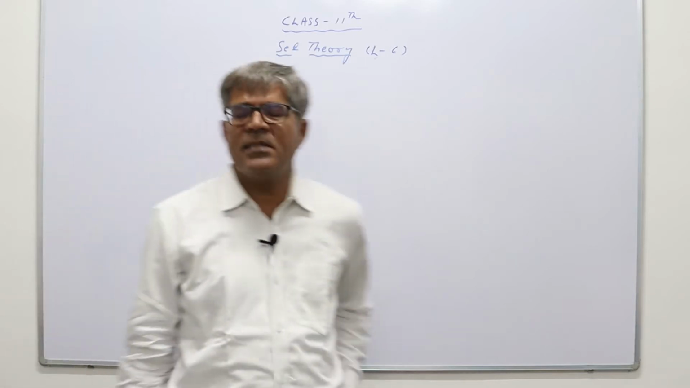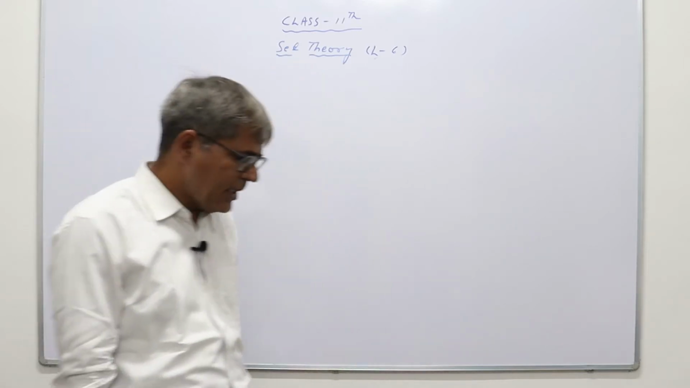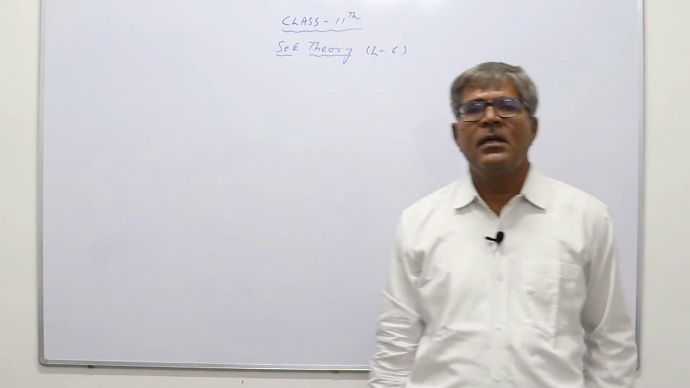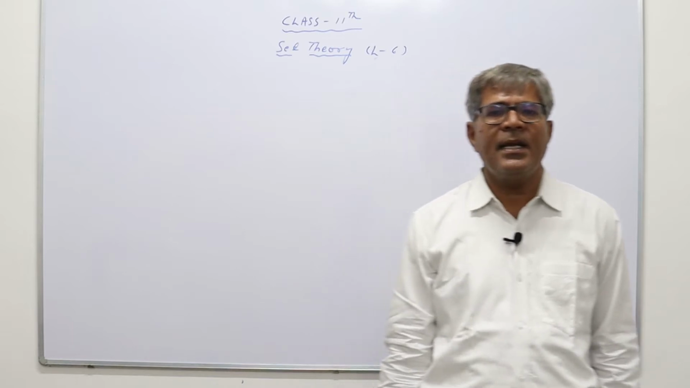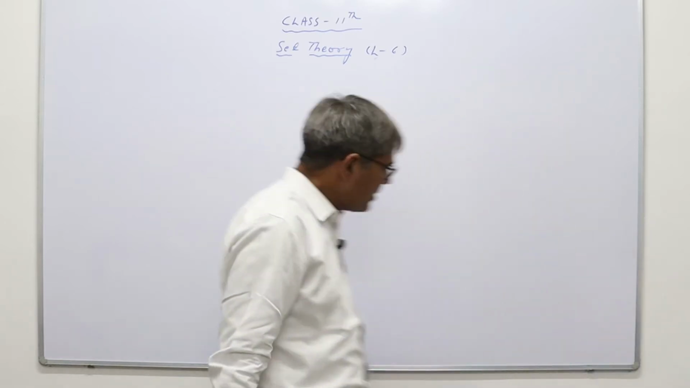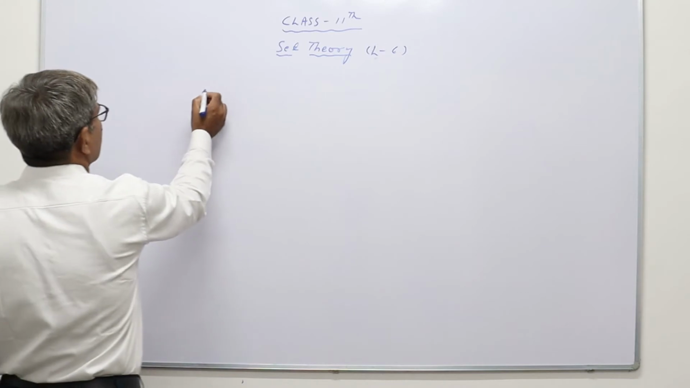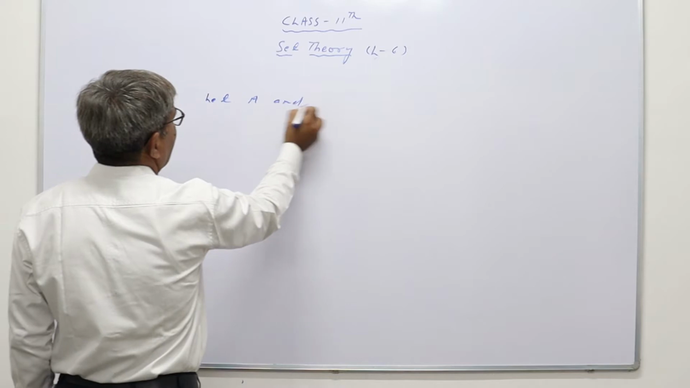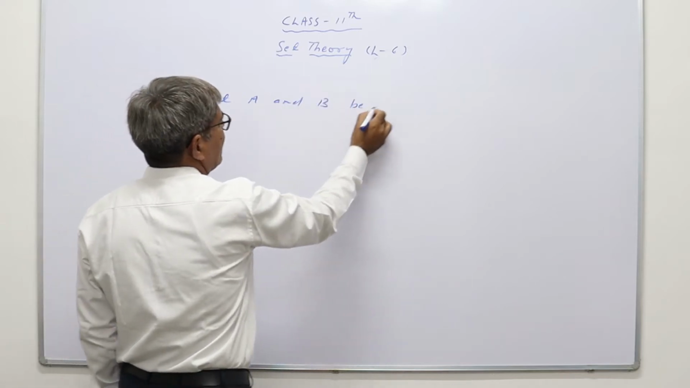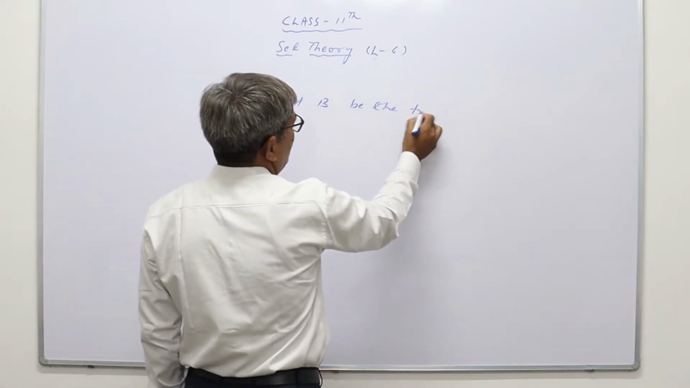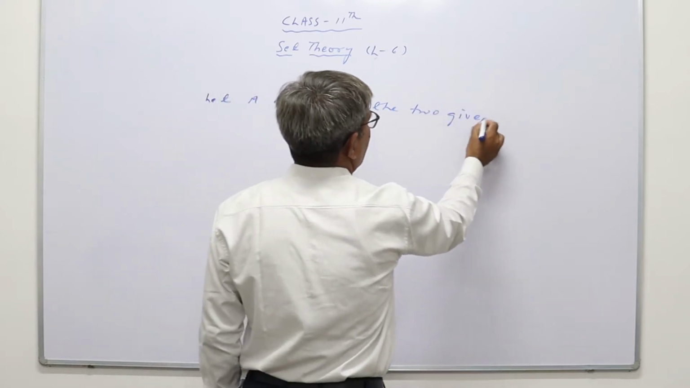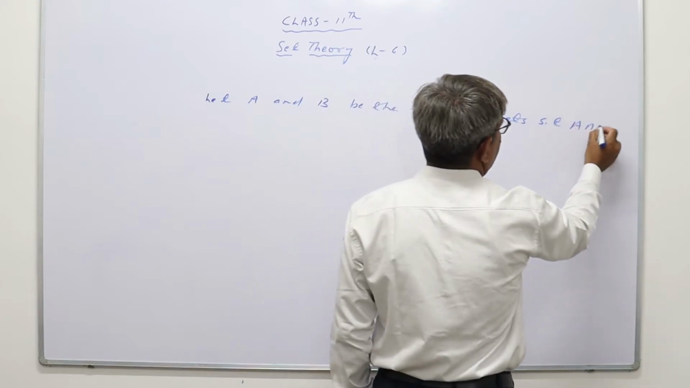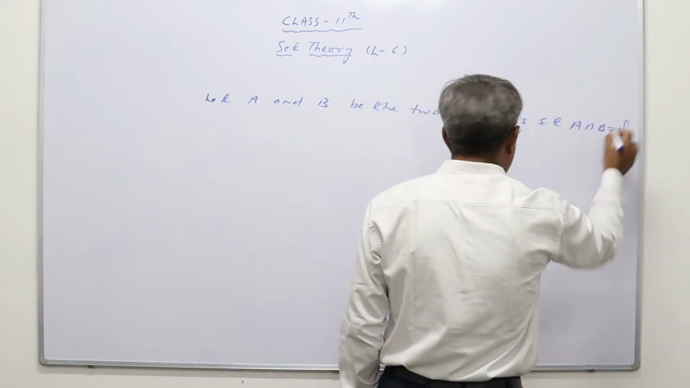Good morning, students. Class 11th set theory, and today we will discuss some practical problems on the union of sets and intersection of sets. So let A and B be two given sets such that A intersection B is equal to phi,